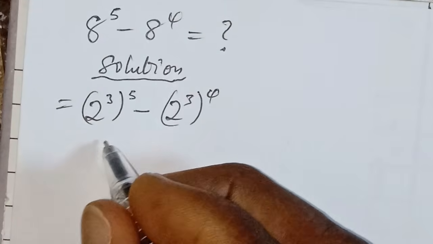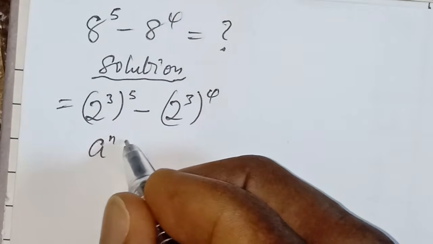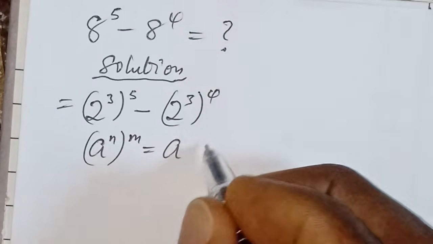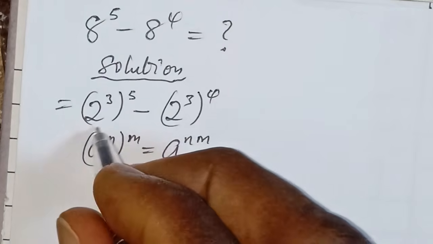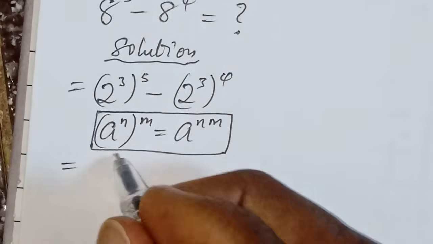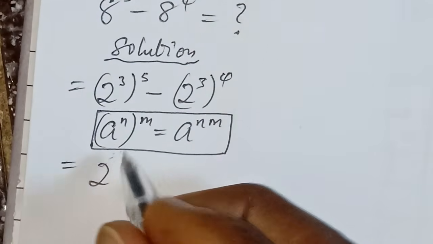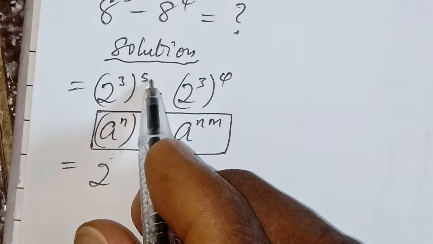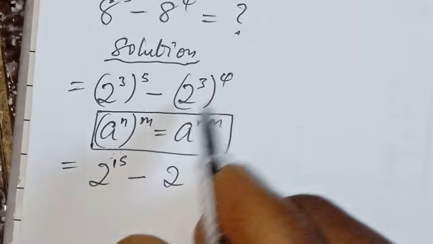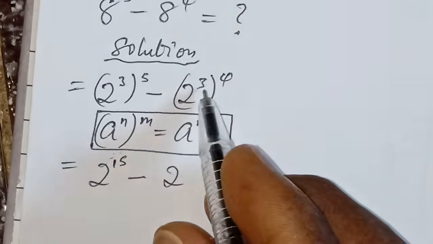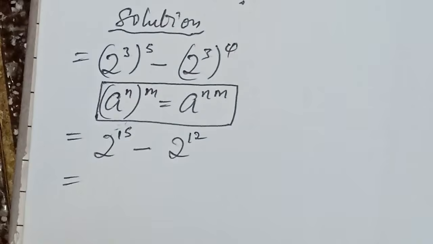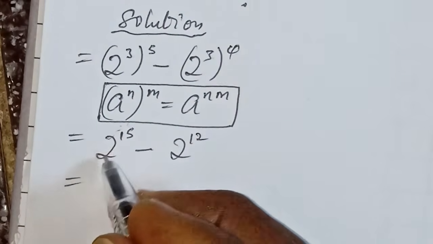Now from here, we need to consider this identity: base A power n, into bracket power m, can be written as base A power n multiplied by m. So we use this for the next step, and the next step becomes 2 raised to power 3 multiplied by 5, which gives us 15, minus 2 raised to power 3 multiplied by 4, which gives us 12. And that will be equal to, so here we can split this 2 raised to power 15